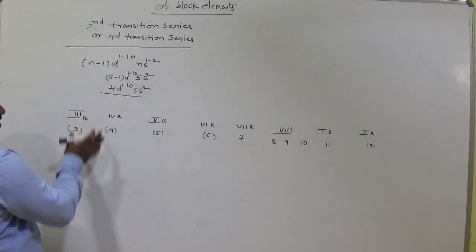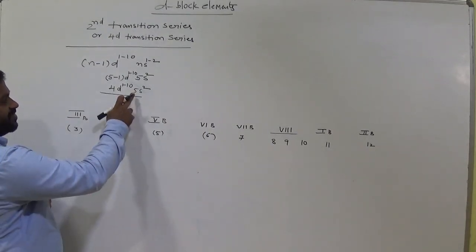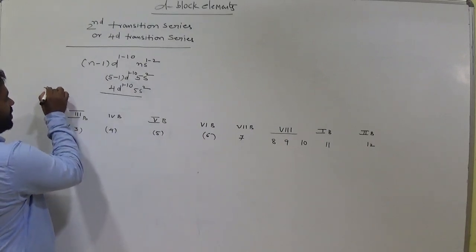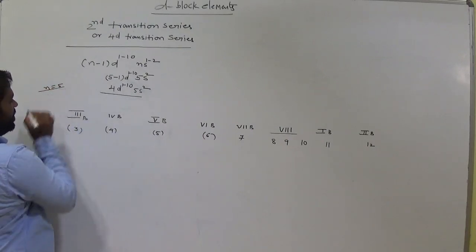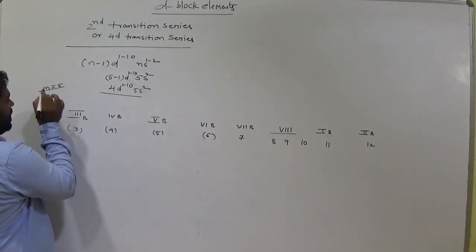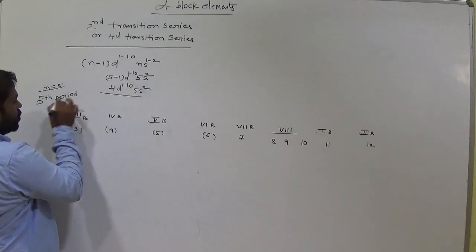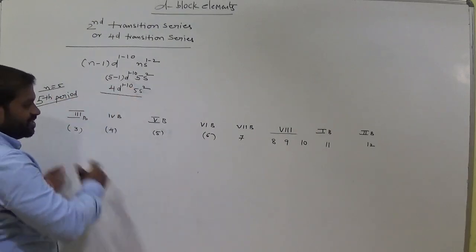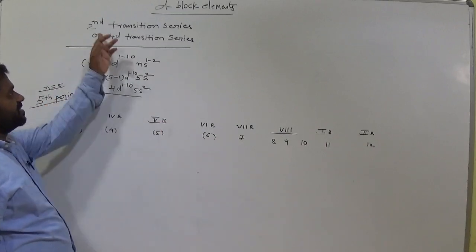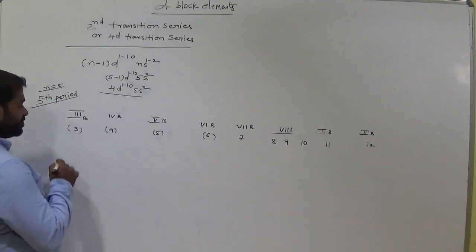These are all the groups and period. Now which period are we in here? We have 5s, so what is the value of n? n is equal to 5, which means clearly we are in the 5th period. What is the period number? 5th period in the periodic table. That is the row. These are groups, this is the row. Now these elements are in the 5th period.